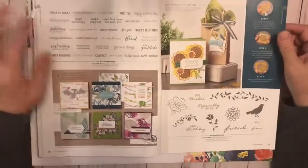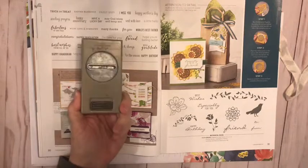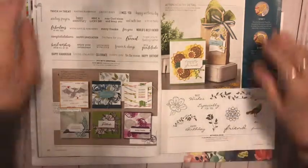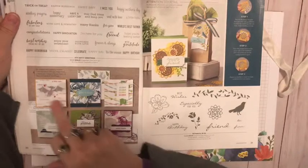Itty Bitty Greetings, always good to have. They work great in punches, all kinds of little punches, and I have one here that I know has been discontinued, but it is a fabulous punch, especially for the itty bitties. Just all kinds of sentiments here. And you can see some of them being used here. You can use them as